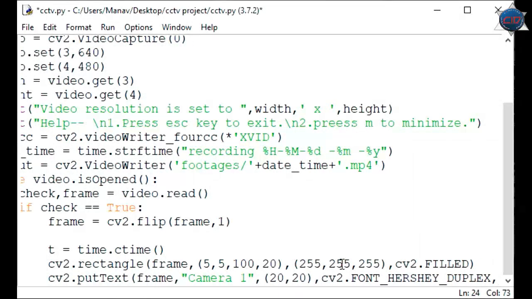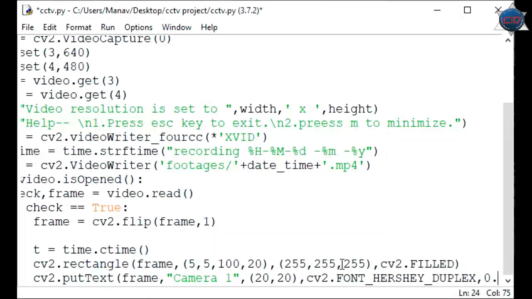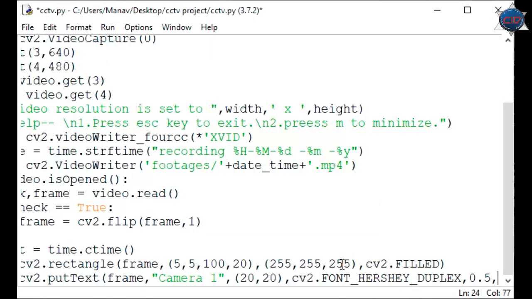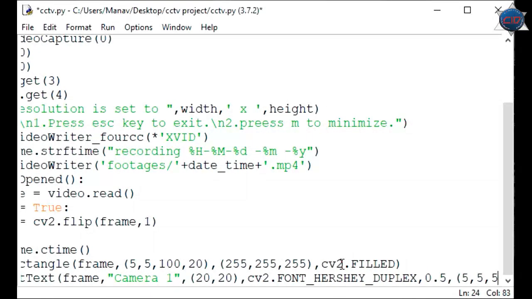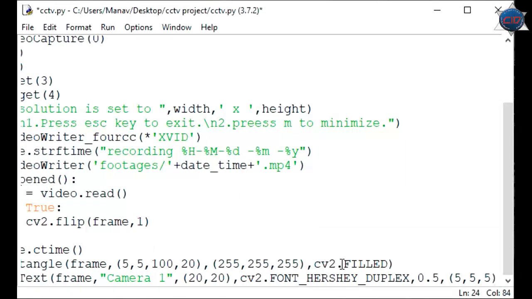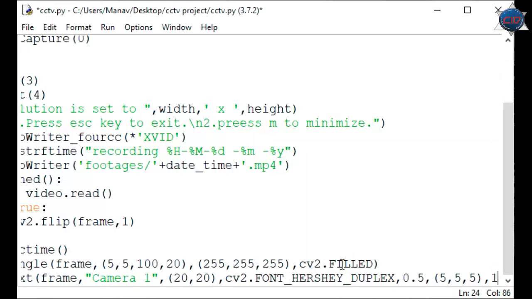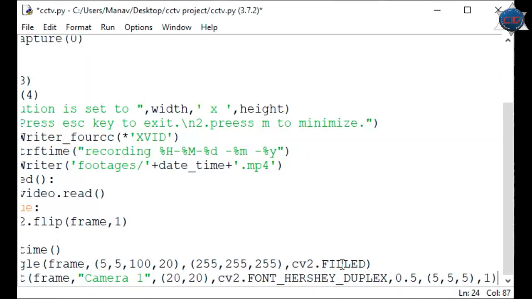Now I'm setting the size as 0.5 and setting the color as just 5, 5, 5. I don't know what the color will be, and now passing the thickness.